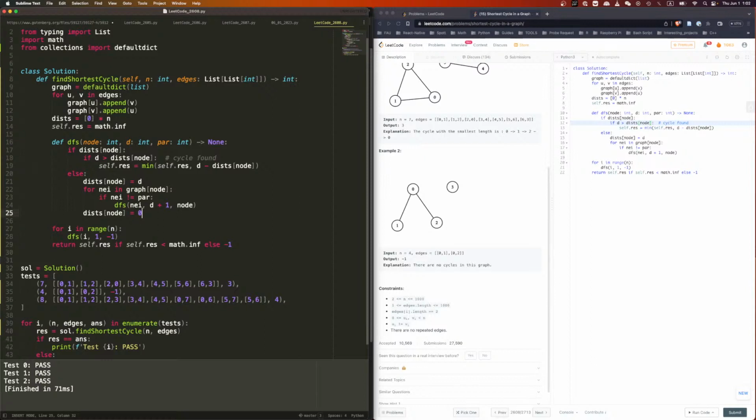Next, you have to go to the next, and then from here you have to do everything again. You have to do everything again. So you start from 1, okay, and then you do everything, and you will mark it